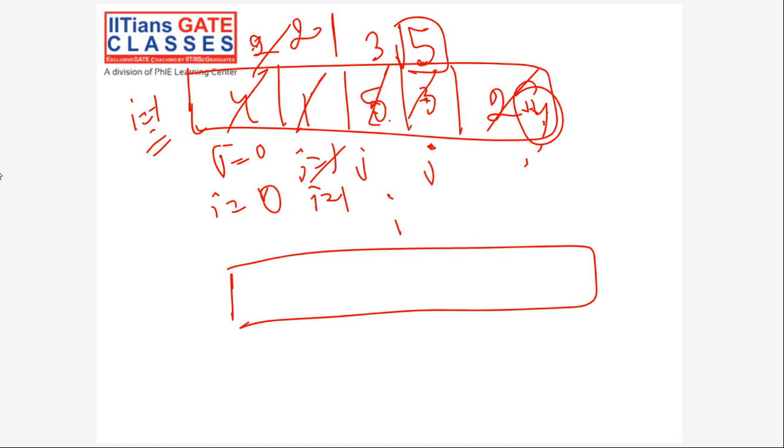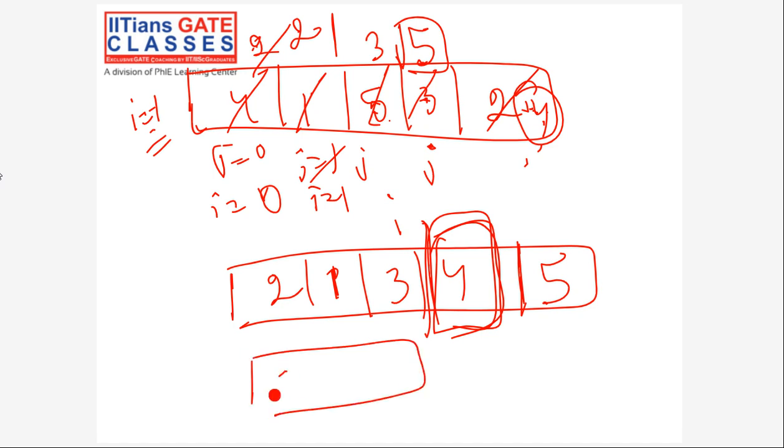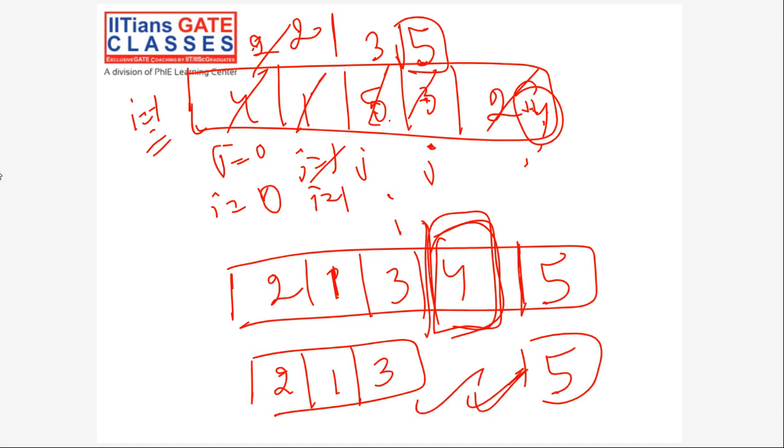So what will happen is 2, 1, 3, then you have the 4 element and then 5 is there. Okay. So this element is at its correct position now. What you will do after this is divide the elements into two halves. One is this and the second one is this. This division is much better as compared to what we saw previously, because previously always one part of the array was having 0 elements and the rest of the elements were in the other part. Here it is at least able to divide some bit of it.